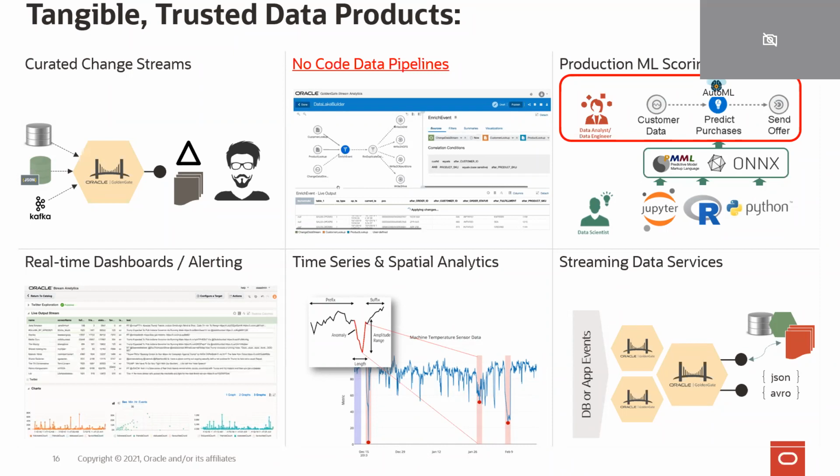We are talking about events in live streaming data. They come in real time. You can apply analytics to it, time series. And then, of course, machine learning and scoring on the top right is something that we want to focus on today: how we can actually use AutoML UI as part of OML Services to be able to create that model